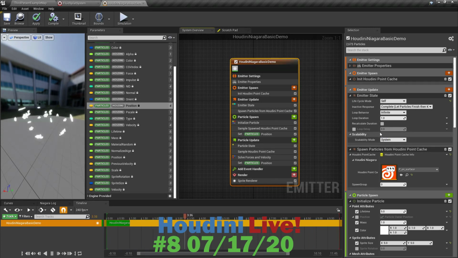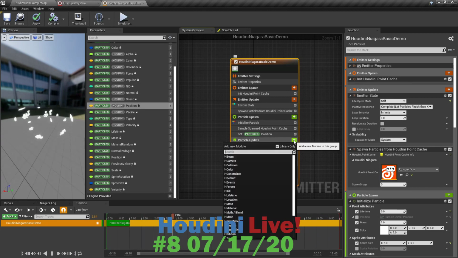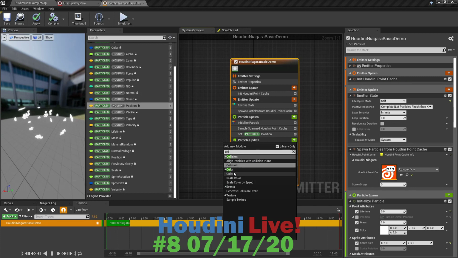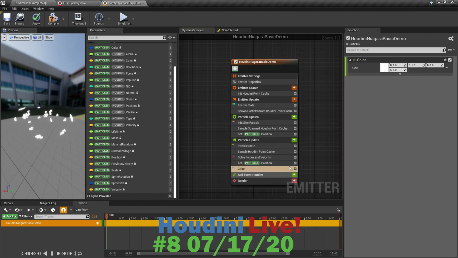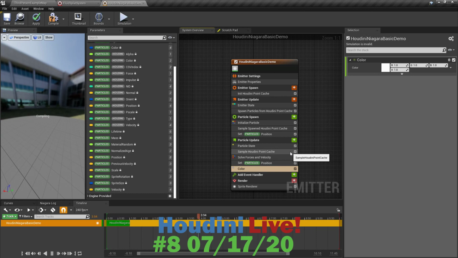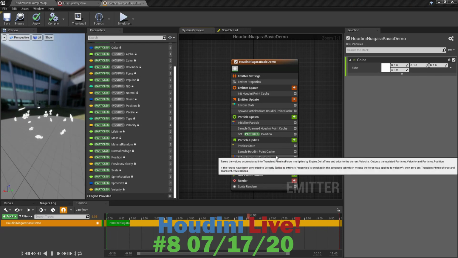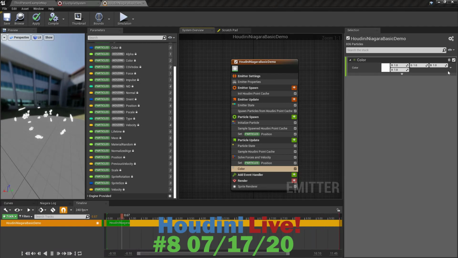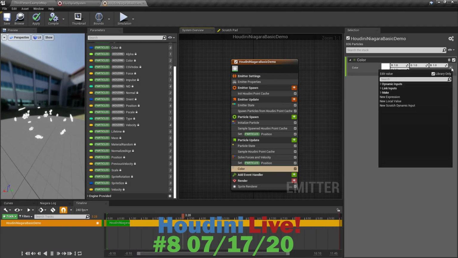So let's go ahead and bring in just a wee bit of color. So on this particle update, along with the position, what we're going to do is add a color module. So okay, plus, and then add color. Okay, it's beneath the solve for forces and velocity. Okay, now color, and we had to do